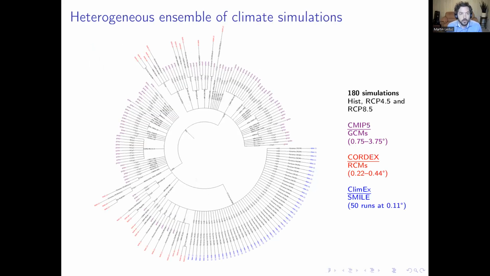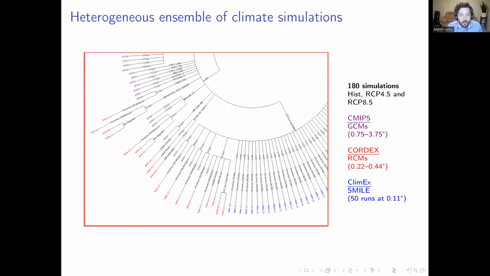For that, we will use a heterogeneous ensemble of climate projections. Here we have 180 simulations from historical and 2 RCPs. It contains GCM models, Cordex regional climate models, and on the bottom right, you see the Climex single model initial-condition large ensemble, which contains 50 runs from CanESM2 that were downscaled using the Canadian Regional Climate Model version 5 at 0.11 degrees of resolution. So if we look in a bit more detail, you see